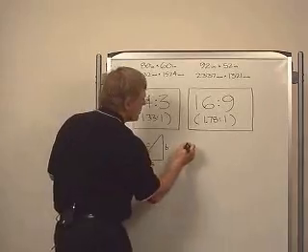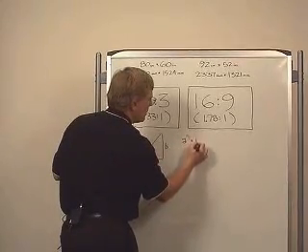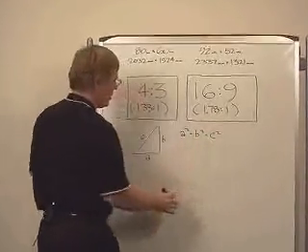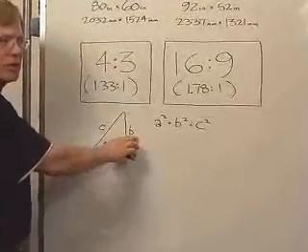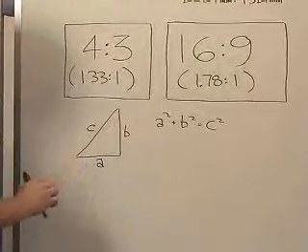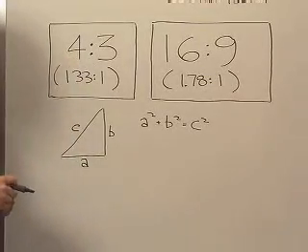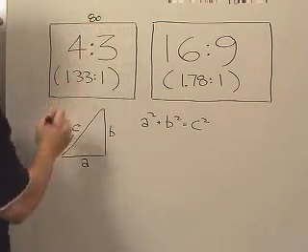And Pythagorean's theorem says if I take these dimensions, A squared plus B squared is going to equal C squared. So my A squared dimension here plus my B squared dimension here is going to be equal to the diagonal, or C squared. Let's take this 4x3 screen here, and we were looking earlier that we have is 80 inches